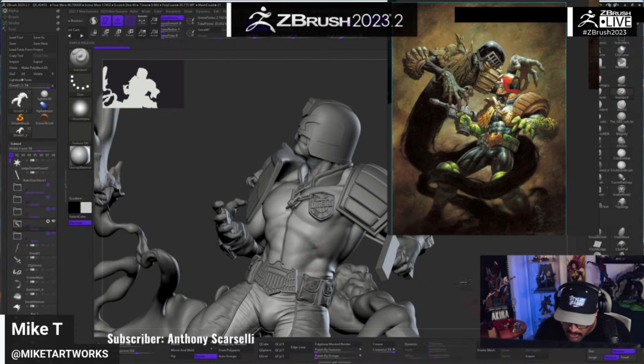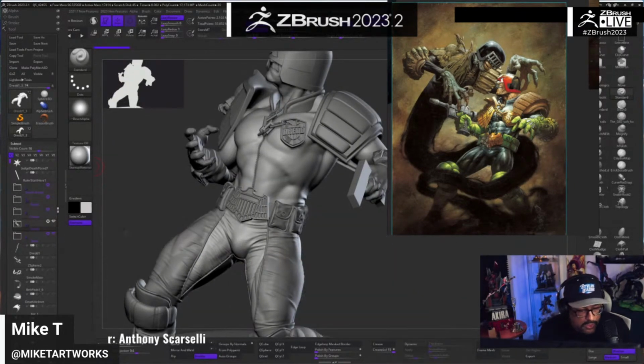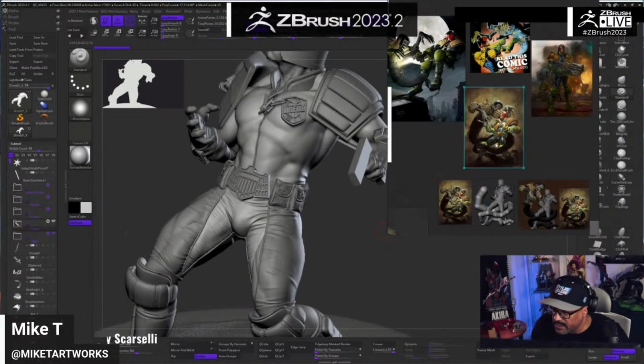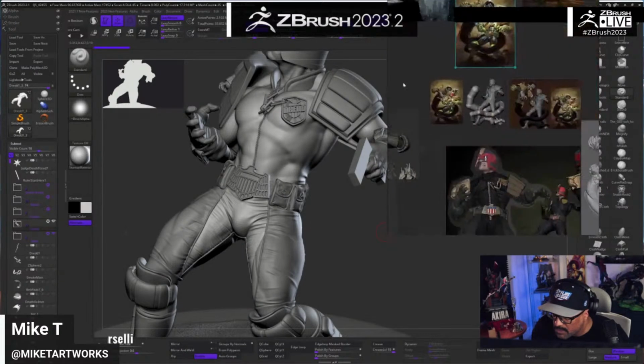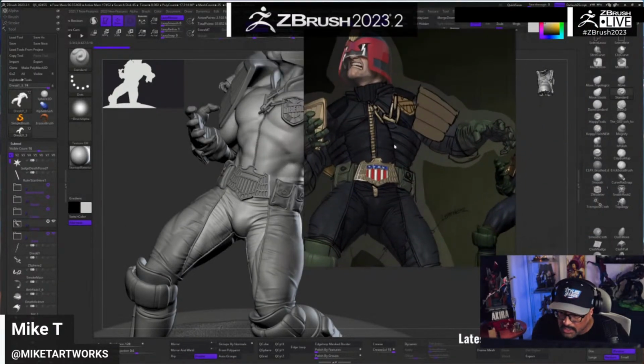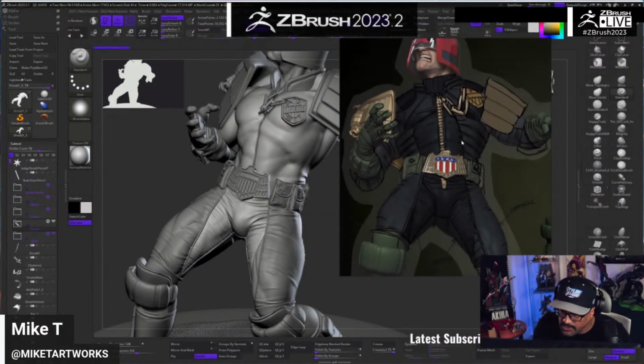All right, so I like the pants on this. I'm going to kind of build up the detail like that. I'm getting away from the reference there, and you can see I did a sketch to make mine. This is kind of a mashup of the original source material and the